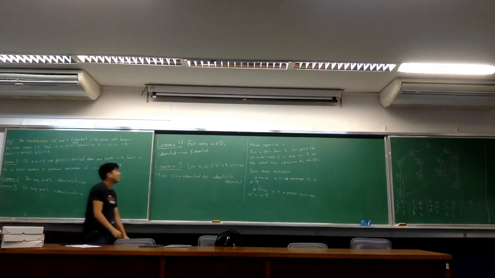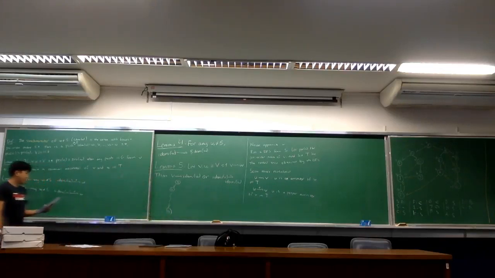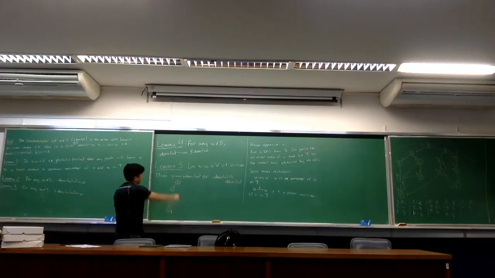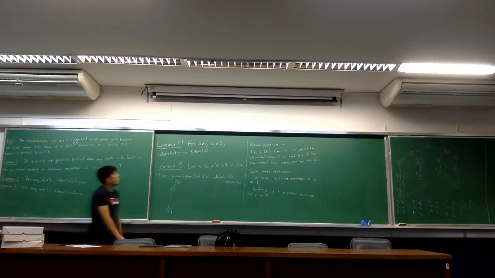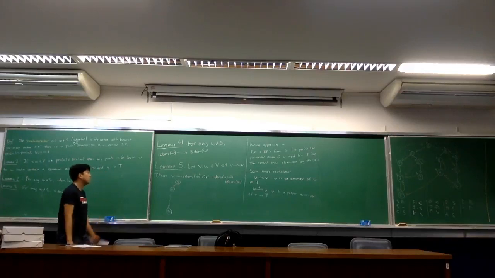Okay, so consider any pair of vertices such that one's an ancestor of the other in DFS. Root, V and W. What this lemma is saying is that either V comes before the immediate dominator of W, or the immediate dominator of V has to come before the immediate dominator of W. Is that right?